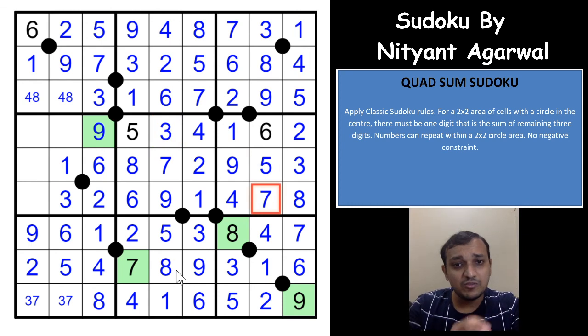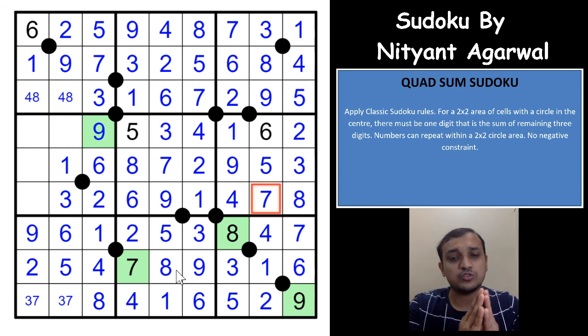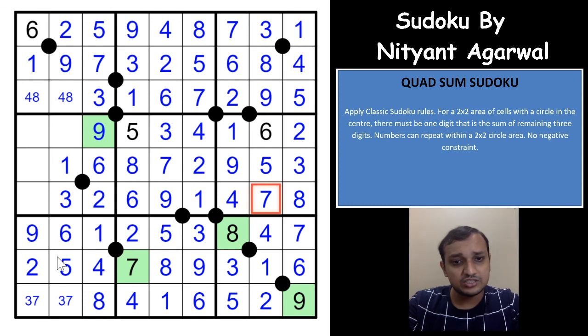I don't think that we have missed any circle that wasn't useful at all. If you see here, every digit, every clue in this Sudoku was very much useful, and without it solving this Sudoku was not possible. That is what a real construction is all about. I would really like to say hats off to the author Nityant Agarwal for such a wonderful construction. It was really an excellent construction, because without even a single clue this Sudoku wasn't possible, right?